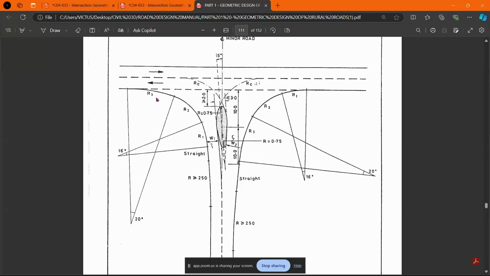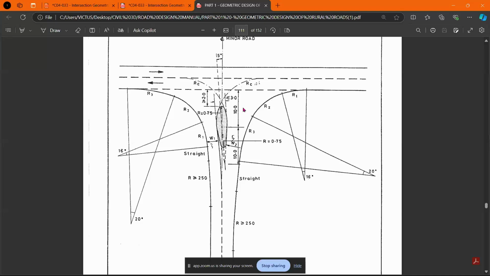And then, of course, R3, again, you need a bigger radius so that your vehicle can be able to tap back into the main road. So that is the configuration when it comes to the radii of the curb returns. And I want you to note this down because we'll be using them as we model the curb returns in a few. The second one is the